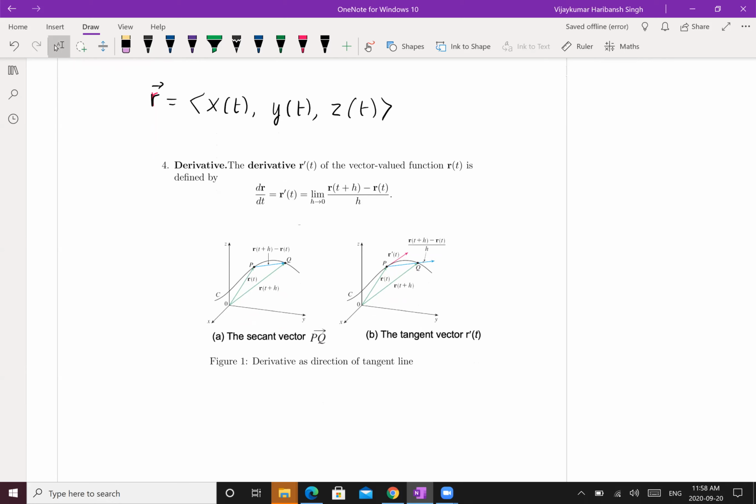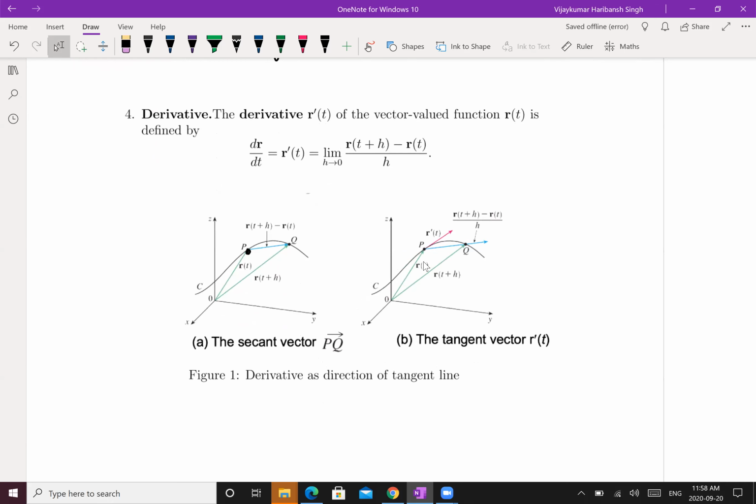Now, what is really happening is as follows. So you have r of t. You want to compute the derivative at point P, whose position is given by r of t. So you take r of t plus h, which corresponds to point Q. So the position vector of Q is r of t plus h. Their difference is given by PQ, which is r of t plus h minus r of t, following the triangle law of vector addition. Now if you divide this by h,